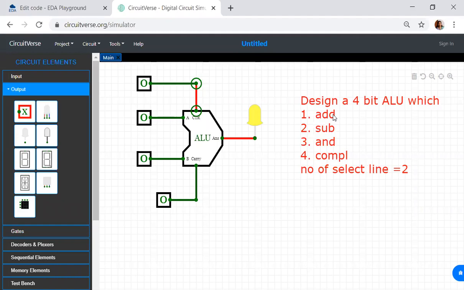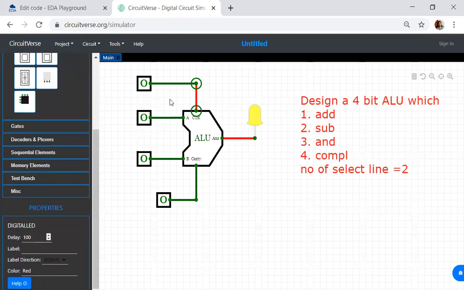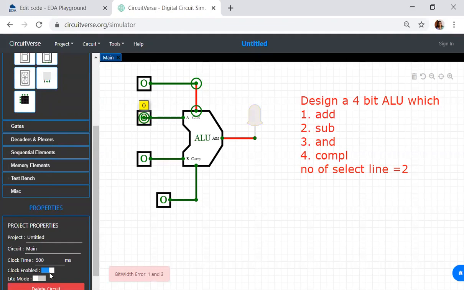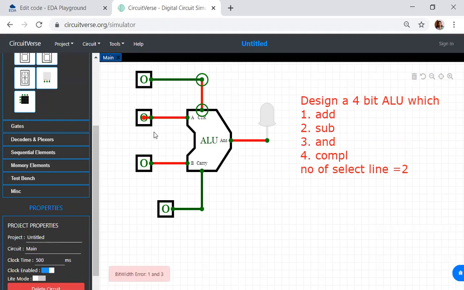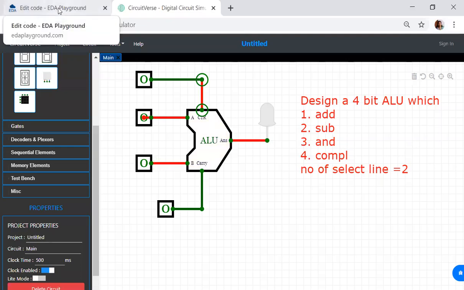So now how do I do this? This is how the block diagram will look. So I'll have A, B. As of now here I've shown 1 bit, but this can be 4-bit also. Now if I make this 4-bit, A can be 4-bit, B can be 4-bit. We'll see how to make the changes later. Okay, this is 4-bit, this is 4-bit. Now first let me write the code and then come back to the circuit so that it is easy for us.